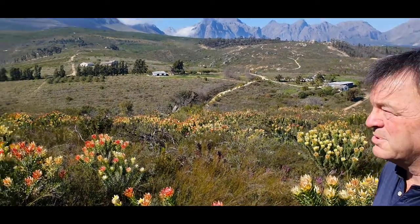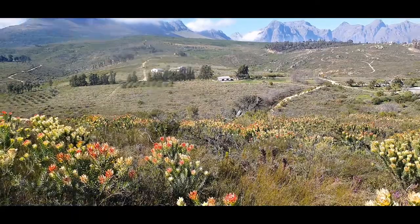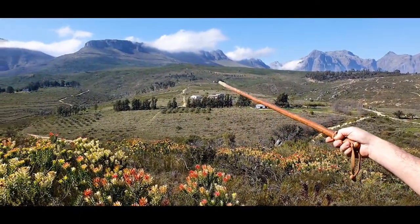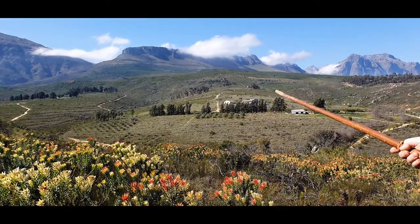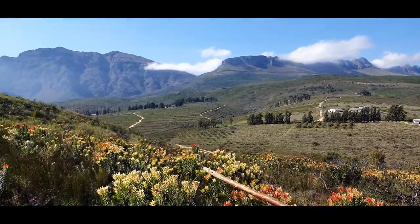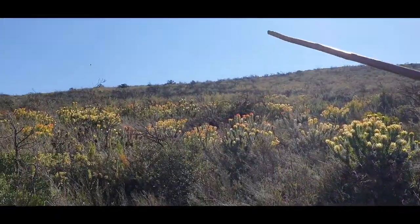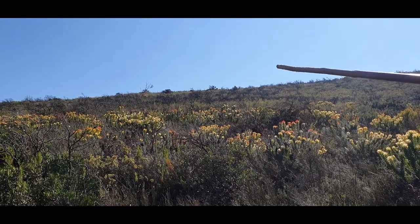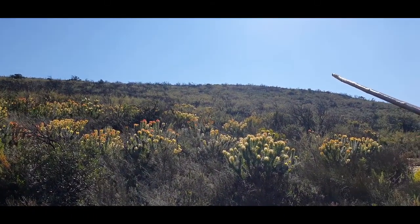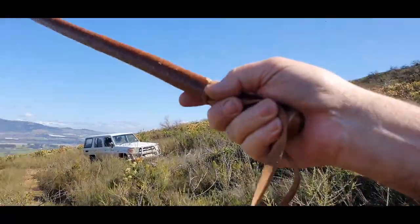The Crown up in Paarl, 133 hectare property. It's up against the Kloof mountain range. If we look right up there, you can see the pass, the old Kloof pass. This farm lies from over this hill at the back, so it goes, it's probably about 300 meters past there, up to the top of the rise. We'll see if we can get up there a little later, and then look down here,